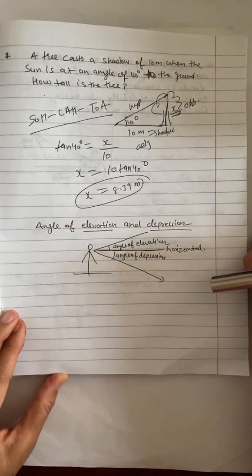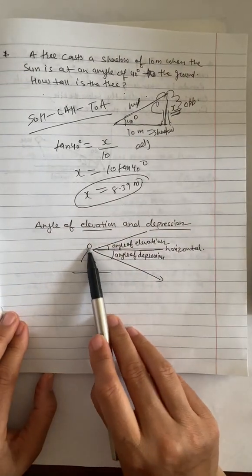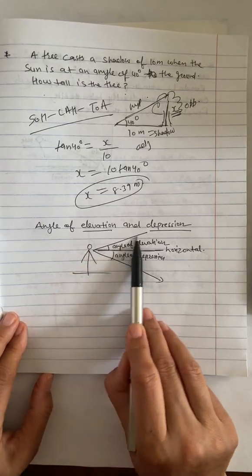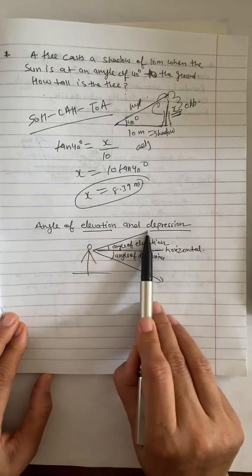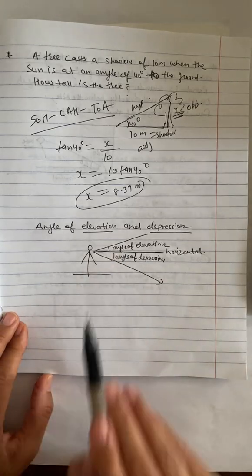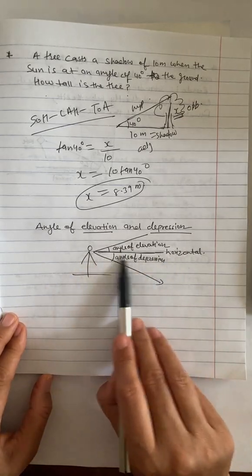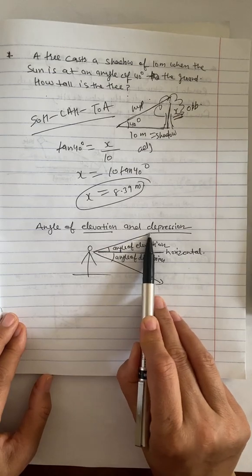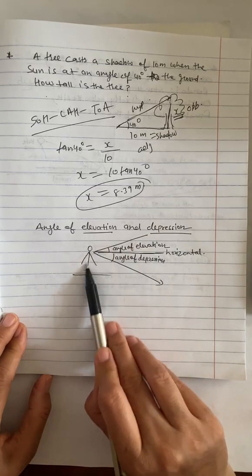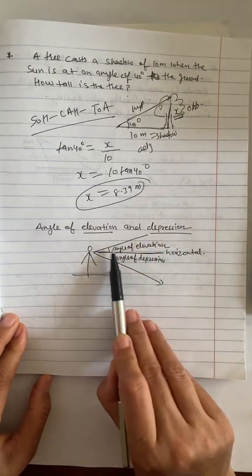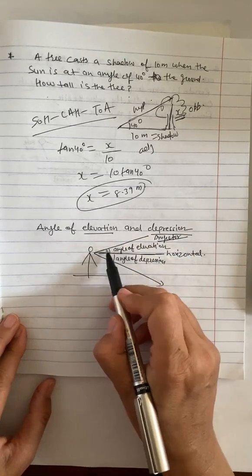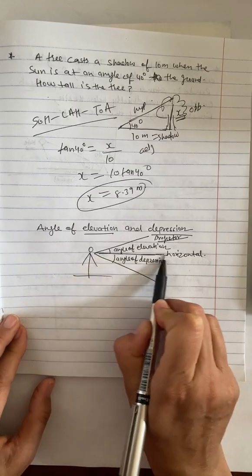The next one, I'm going to talk about angle of elevation and depression. If you have an object which is here, or if you are standing and looking up at the object, then the angle of elevation is this angle. And remember, the angle of elevation and angle of depression is always with the horizon. A simple example: let's say you have a projector up here and you are looking up at the projector,